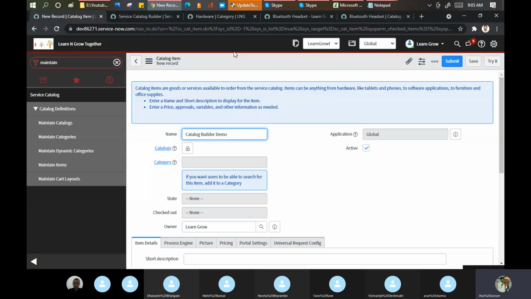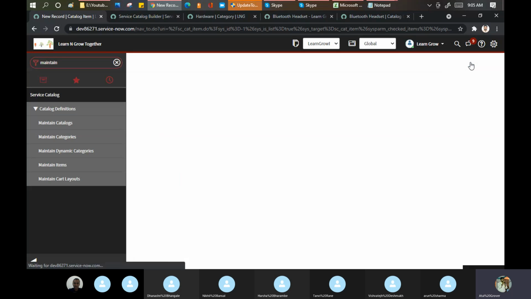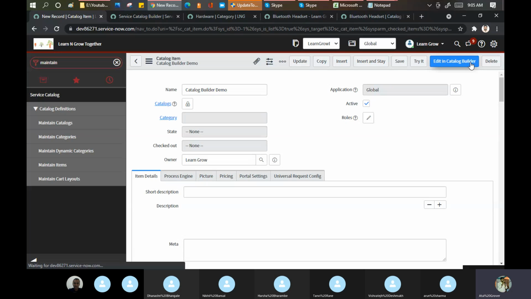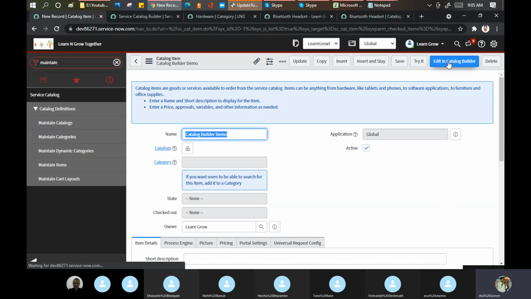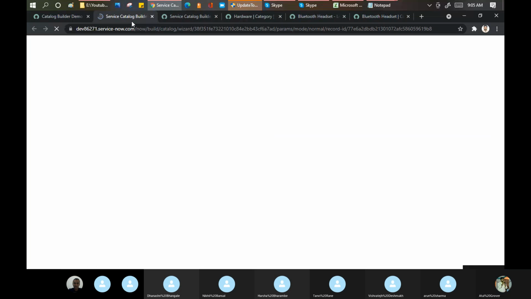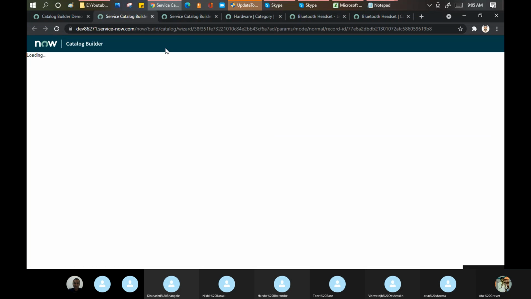This is only good if you want to go from scratch, you don't want to use a template, and save it. Nothing else. Save it. Done. Now either click on this part, add it in the catalog builder, or go to this part. Now the benefit of creating a record in the maintain item and then coming to the catalog builder is that you can do all your R&D easily.